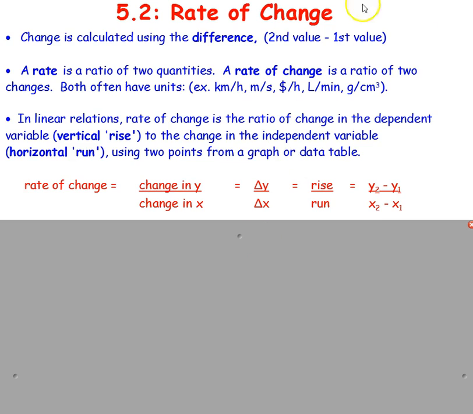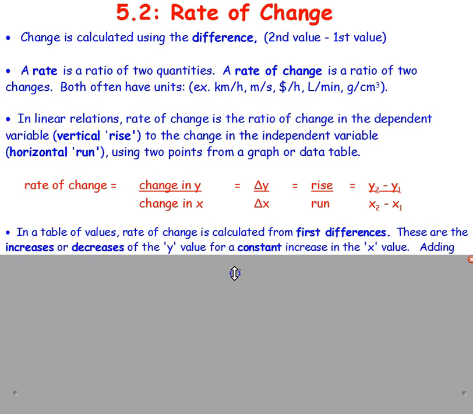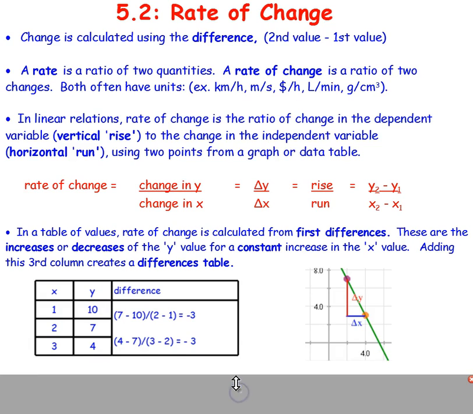The horizontal run typically is positive as we move from left to right. So when you are calculating rise and run from 2 points on the graph, remember that x and y coordinates are coming from the axes, and we've got to remember the first coordinate's the x, second coordinate is the y. When we calculate them, typically the first point is to the left and it has coordinates x1, y1, and the second point is to the right and it has coordinates x2, y2. So in this case, y2 subtract y1 would be